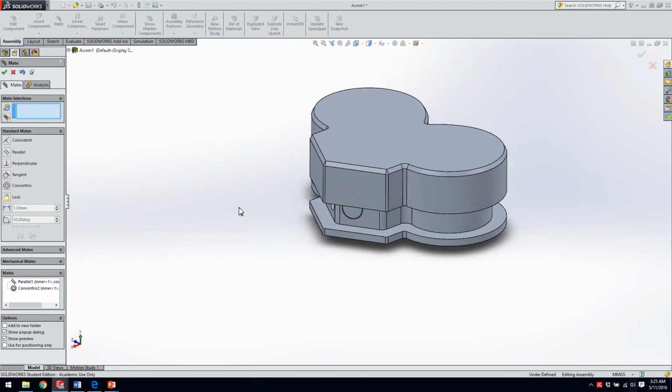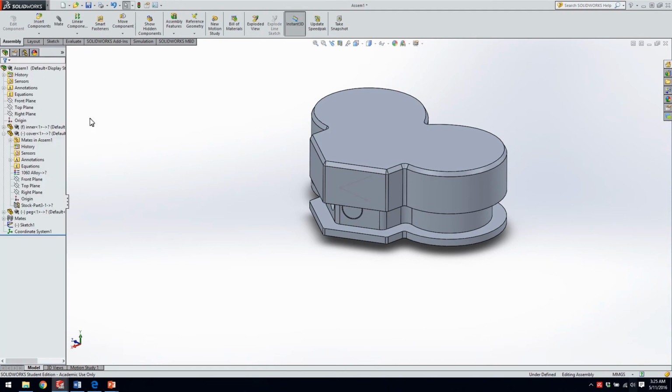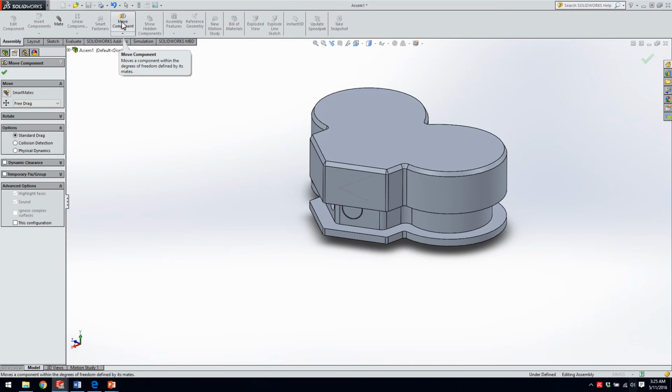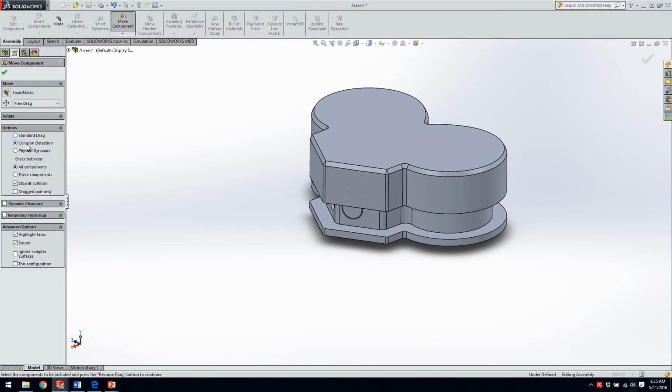There's also some evaluation that we could do. When we move components, we can detect collision between them and make it stop at the collision. We can also make it make a sound at the collision. So if I drag it down